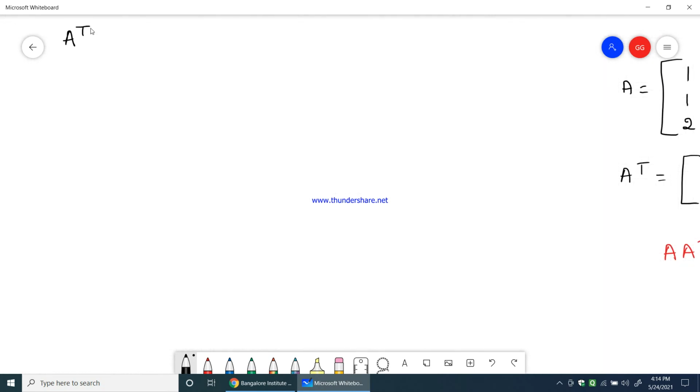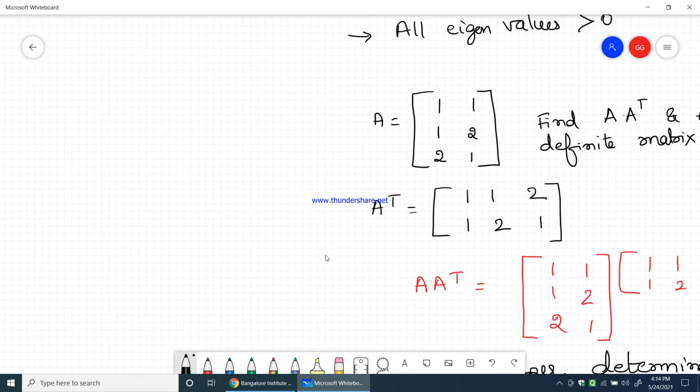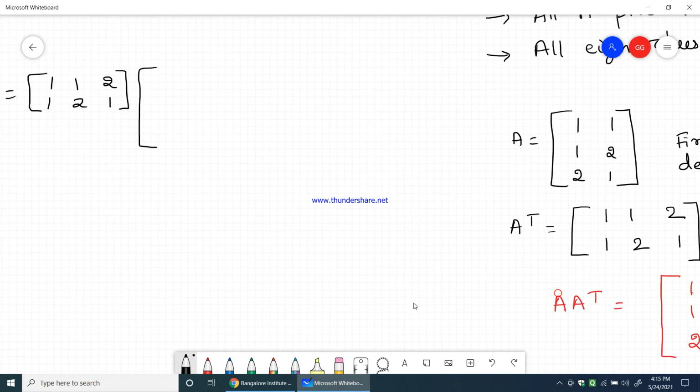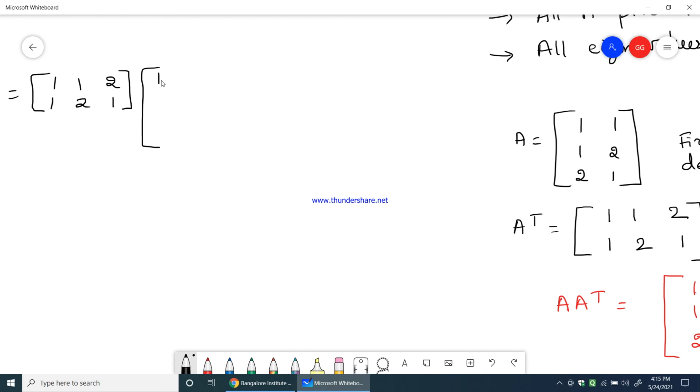Let me go with A transpose into A, which is equal to A transpose, what is it? A transpose is 1 1 1, 2 2 1, 1 1 1, 2 2 1, multiplied by matrix A, which is 1 1 1, 2 2 1, 1 1 1, 2 2 1. So, therefore, which is equal to